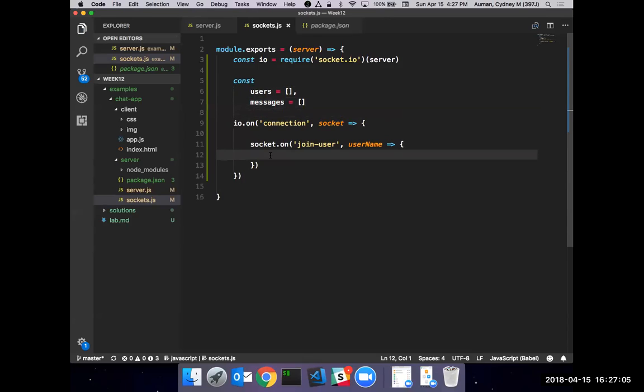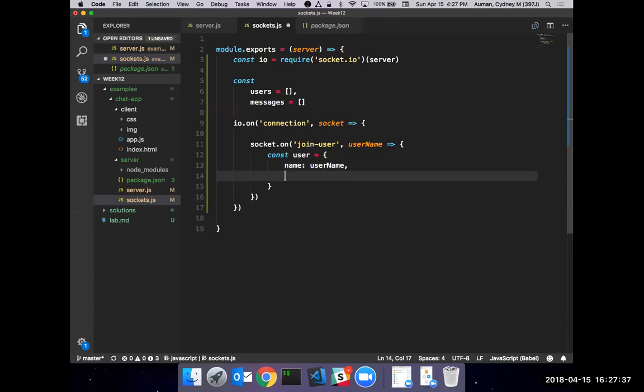So now that I have these little stateless DBs, these little objects or arrays here, I can create a user, and I can add my user to the users list so that I, the server, know who's in the chat room. So then I might want to create a little bit of an object here for the user. I might want to store some information about the user. And so the first thing I might want to do is obviously store the name, and that's going to be the username here.